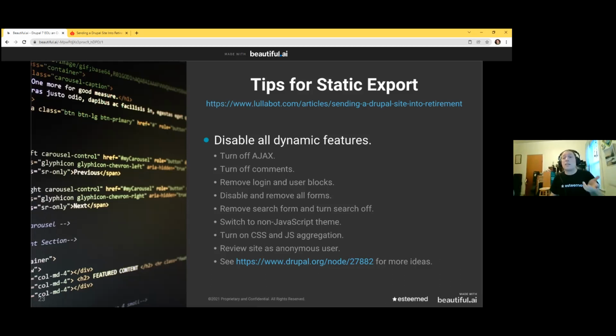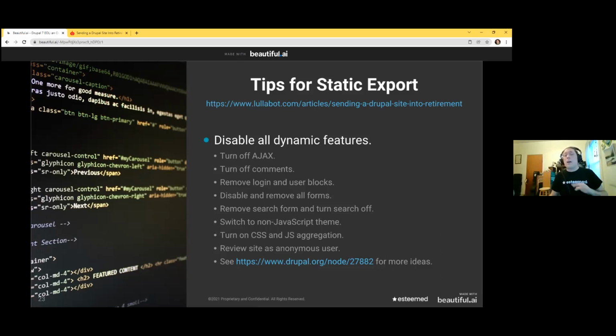Turn on CSS and JS aggregation, which is going to take all of the wonderful tricks that Drupal does for optimization of libraries, right? It's like this JavaScript and CSS is only attached in this context. We're not even going to load it if it's not in this context. You can't do that anymore. It's all going to go away. We want to aggregate all the CSS and JS into just one big file, and we're going to include that as a static link from our HTML. And it's going to be the same on every page because that's how we're going to do it now. We don't have Drupal sitting there and deciding the context and whether or not a library is going to be